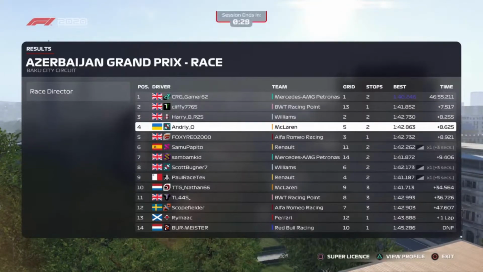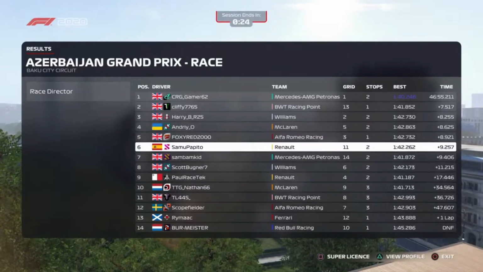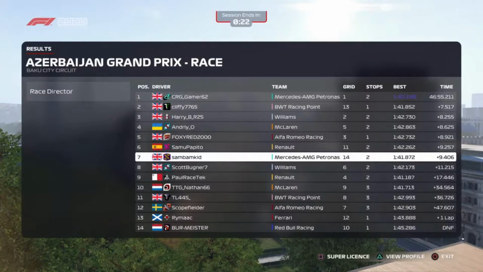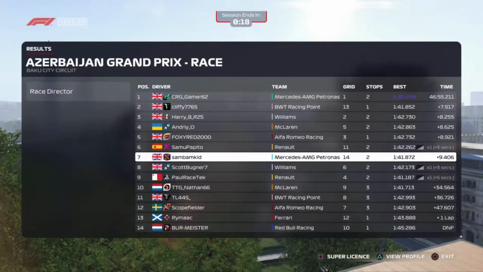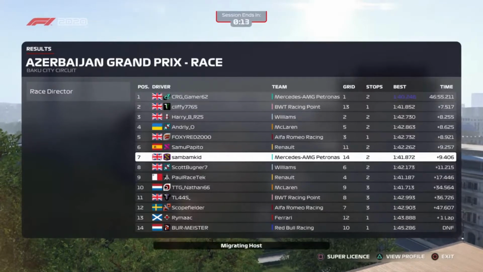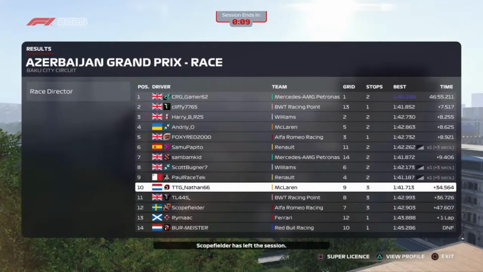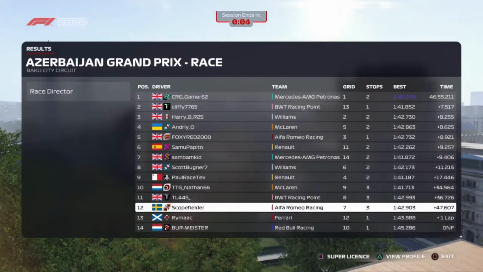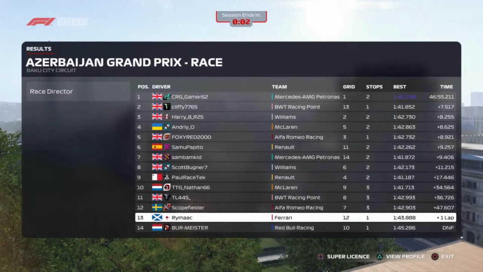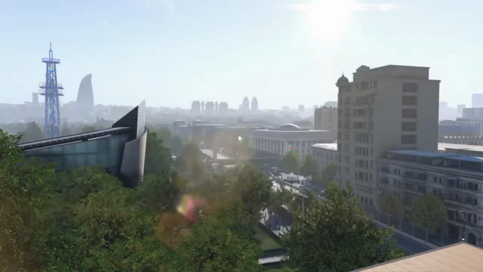Andre, brilliant result from the McLaren in 4th position, with Foxy dropping to 5th place. Sam Pito falling to 6th, however I'm sure will face the ire of the steward. Sam Kid manages to come from the back of the grid to 7th, so good points there from Sam. In fact, that's the first points from a teammate that the Mercedes have had all season. Scott Bugner in 8th, with Paul Racetech in 9th picking up points. Nathan manages to make it into 10th with TL44S struggling out of the points. Scopefielder out of the points once again, and unfortunately we lost Rimac and Burmeister late on in that one, and